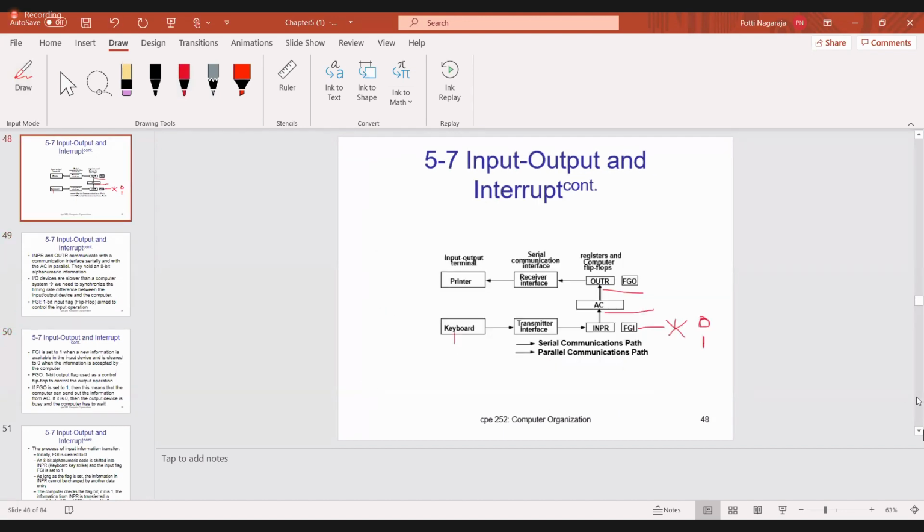So the meaning is, when FGO is 1, you can send the data from the computer to the printer. But assume that when FGO is 0, it means we are already printing some data, so we can't transfer data from the computer to the output peripheral device. Try to remember that.